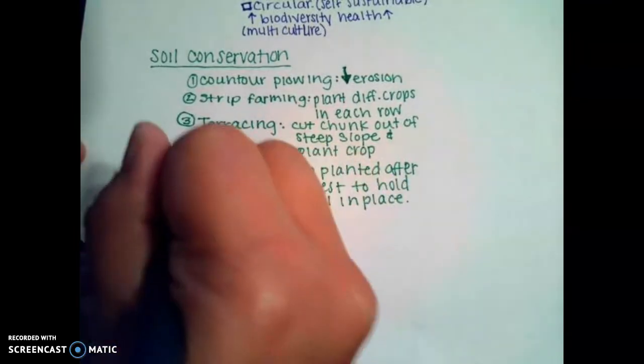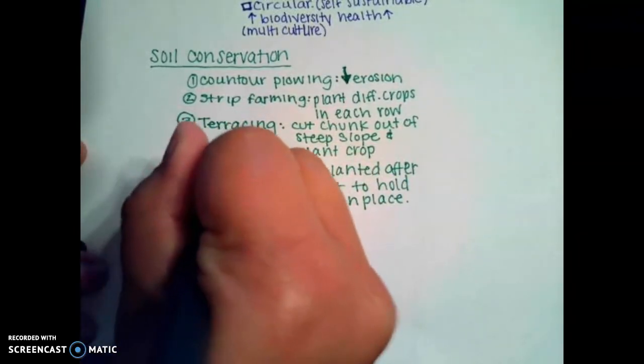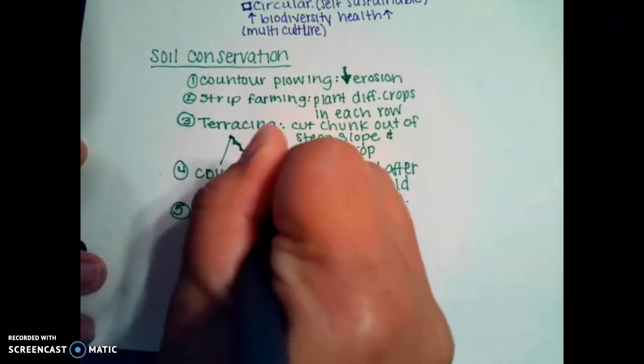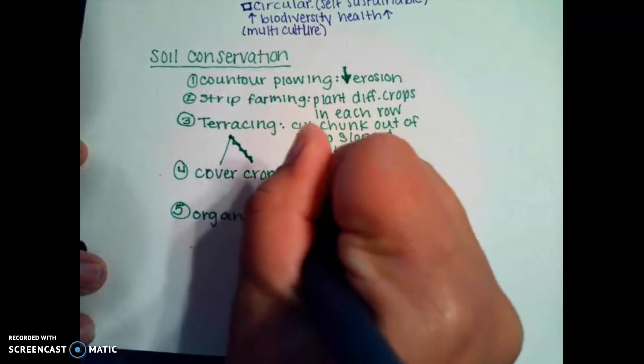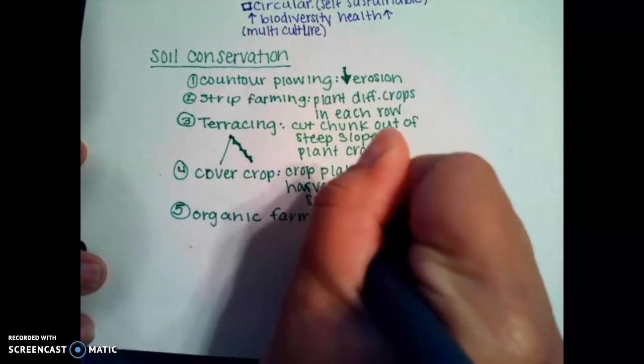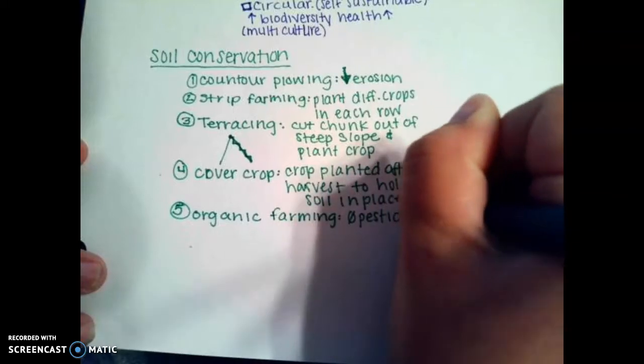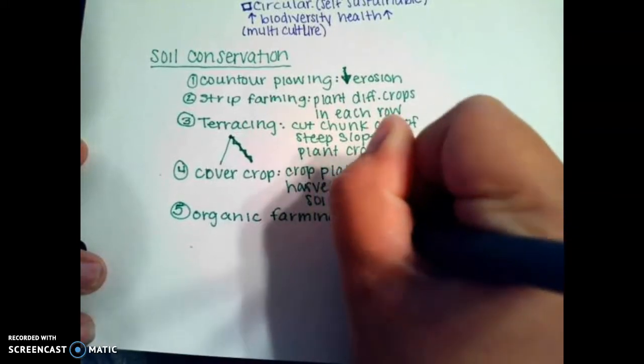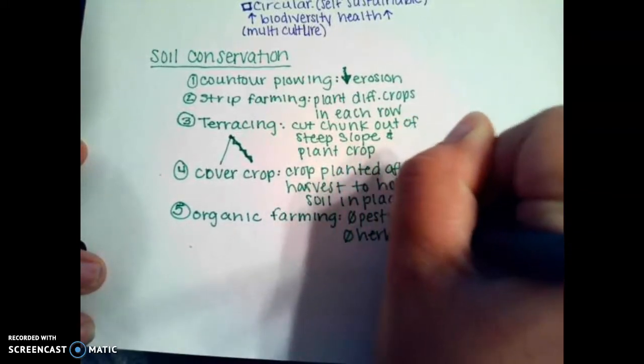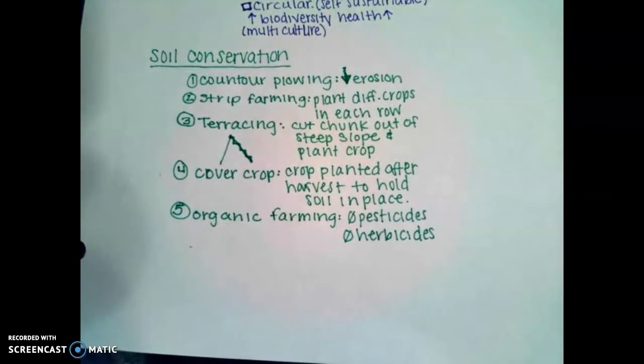And then number 5 is organic farming, which doesn't use, so no pesticides, no herbicides. And that is going to help with the pollution that we see as a result of many of our traditional